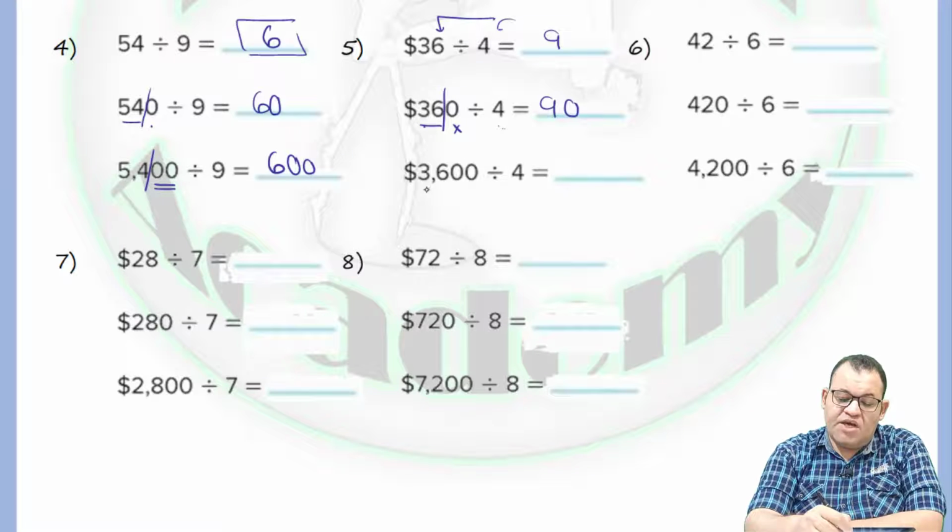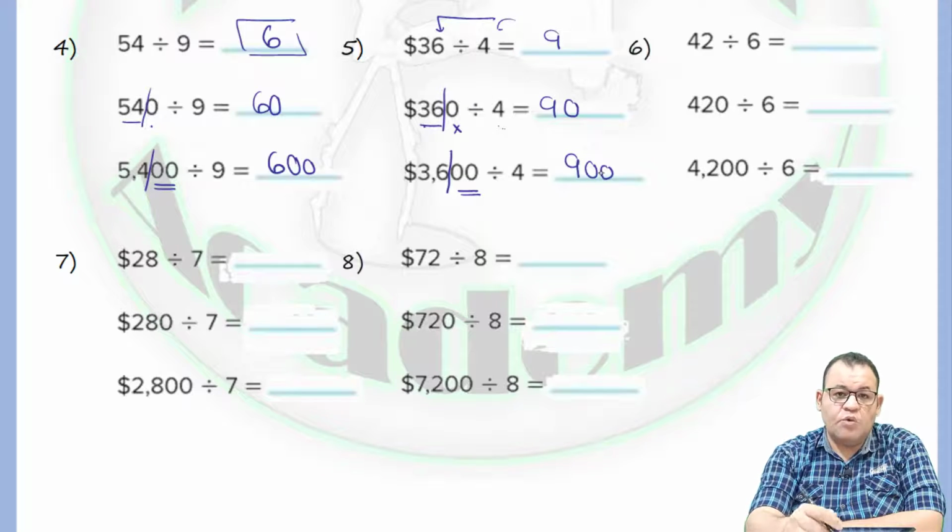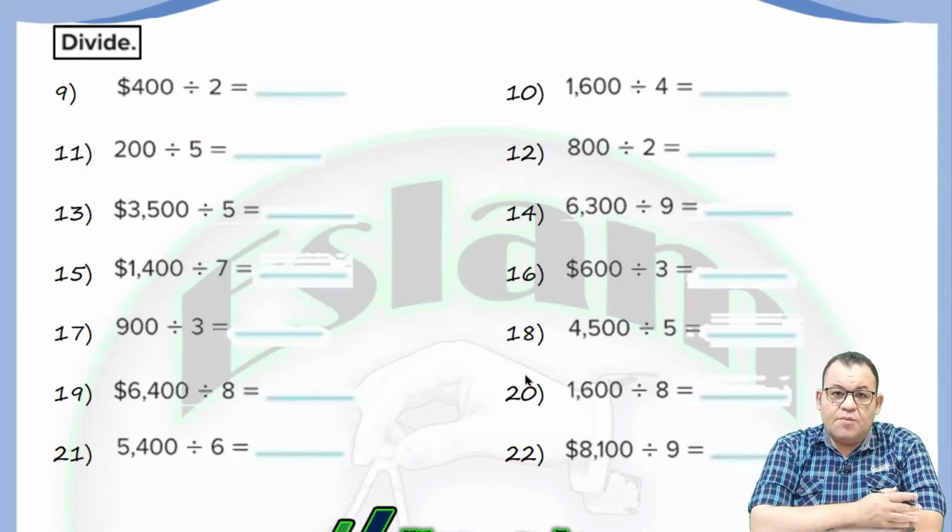Again, we have here 3600. We know that 36 divided by 4 equals 9. Still we have 2 zeros, so I'll put the 2 zeros in the answer, so the answer now will be equal to 900. The second part in our lesson today: we will not use the pattern, we'll use mental math